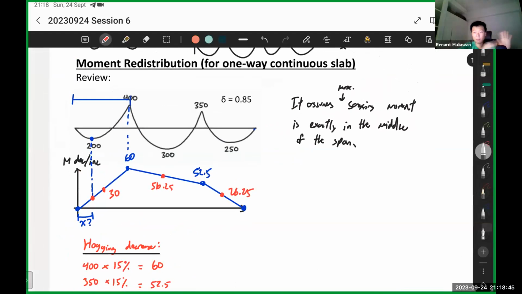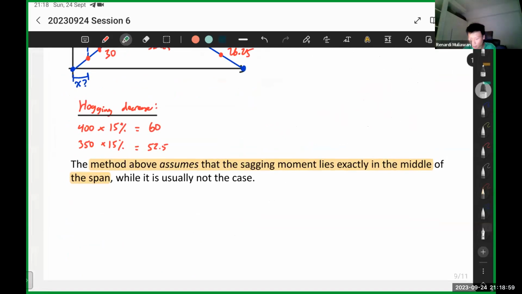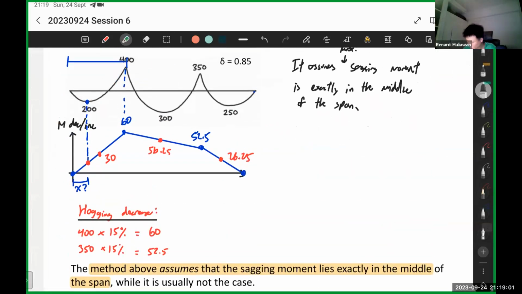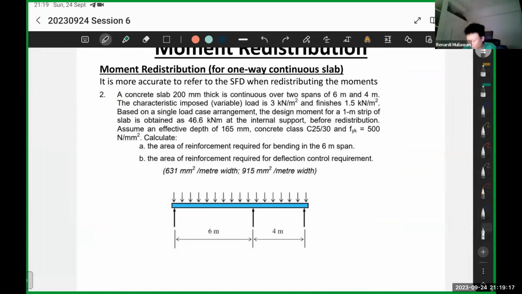So the one that we've been doing, we assume that the sagging is exactly in the middle. The method above assumes that the sagging moment lies exactly in the middle of the span. It's usually not the case, as I just represented. It's basically something like this. Even this one is not exactly in the middle, it's slightly off. But it's a good approximation. For the second prof, he wants it to be accurate, so I'll explain how you get